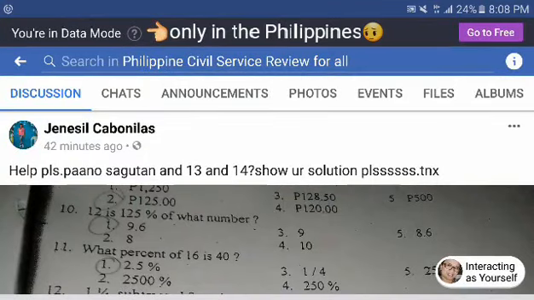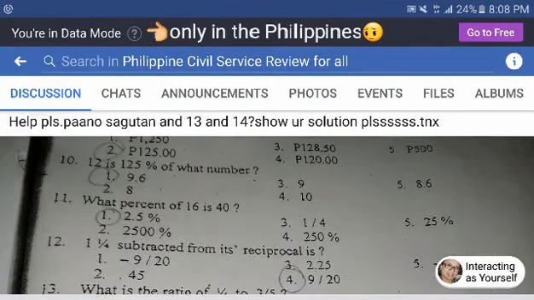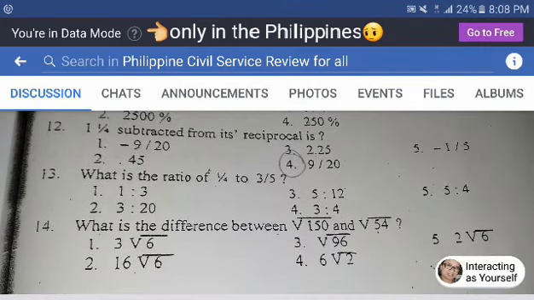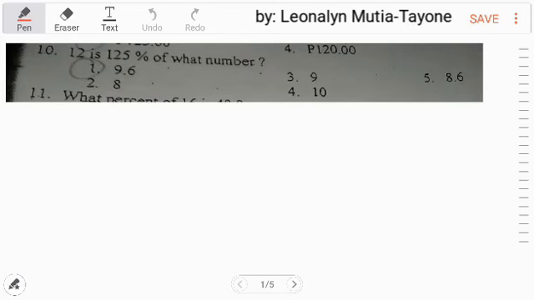Now let's solve the post-test. Let's solve question number 10, 11, 12, 13, and 14. Now let's do question number 10. 12 is